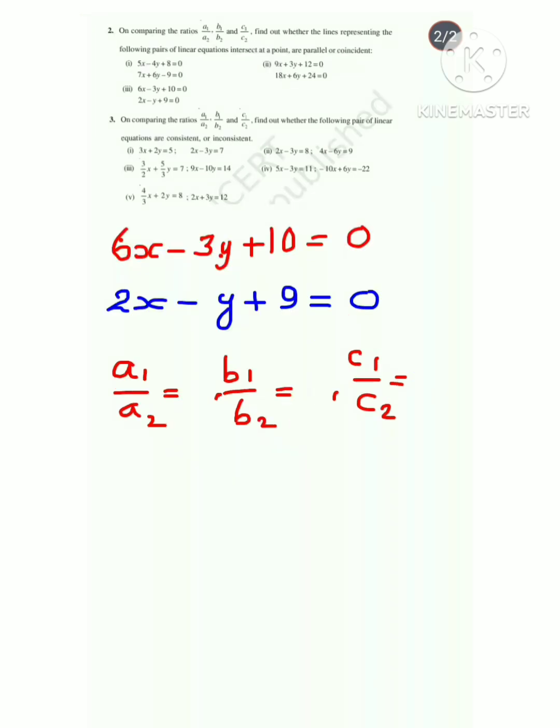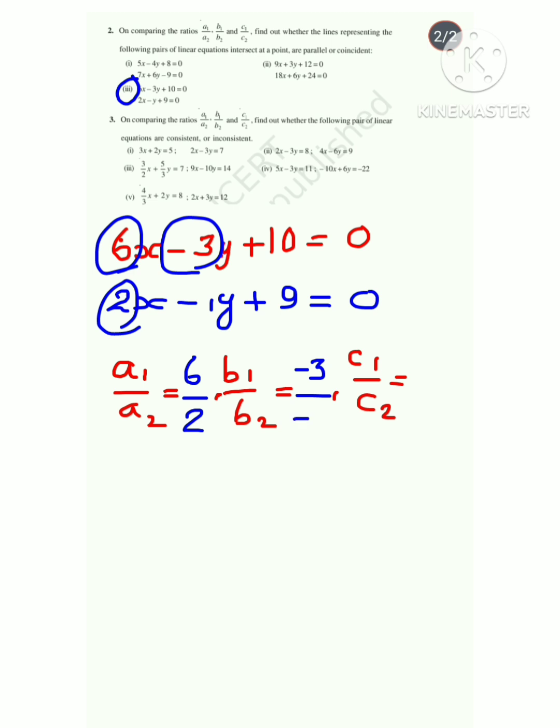Now last question, question number 3, and here A1 equal to 6 and A2 equal to 2 and B1 equal to -3 and B2 equal to, we have to assume here 1, so -1, and